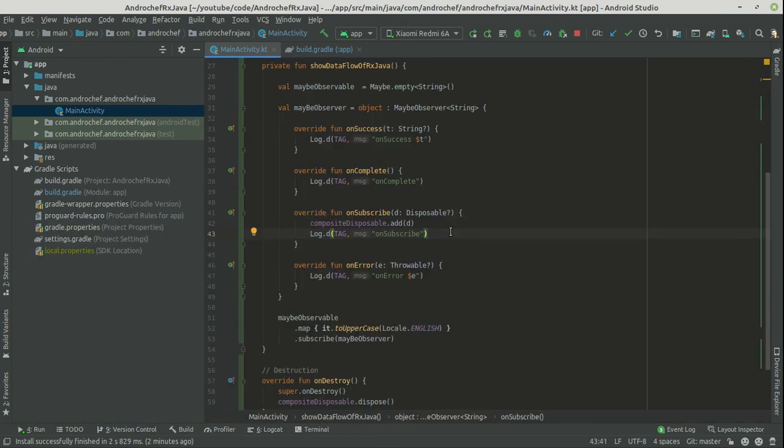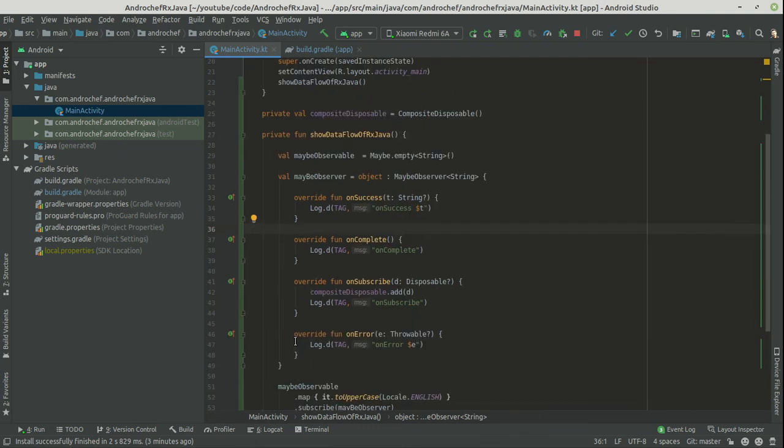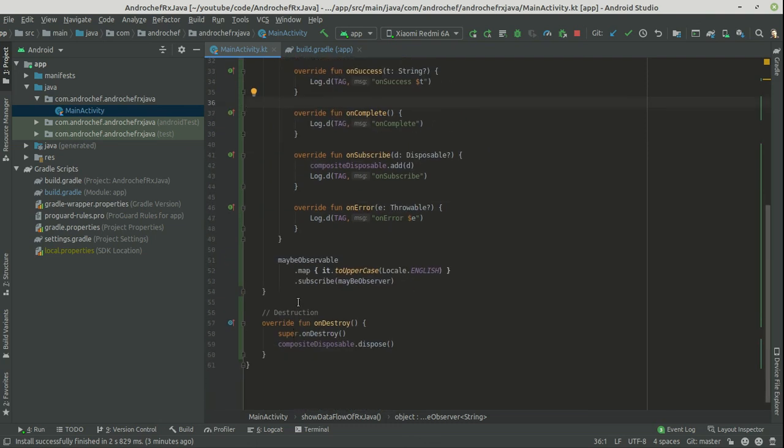Now we have pretty much covered all the observables and observers except flowable, because flowable comes under advanced topics. We will be talking about flowable in upcoming videos. So that's it for today's video. I hope you understood some of the basics of RxJava. If you have understood RxJava till now, you have almost covered 40% of RxJava, or you can say 50% of RxJava. In the upcoming videos, we only have to use these operators. These are the main heroes in RxJava, all the operators, so how you manipulate your data.